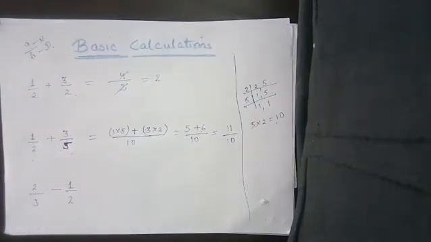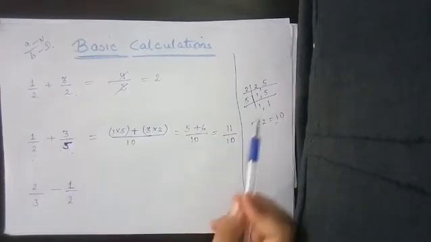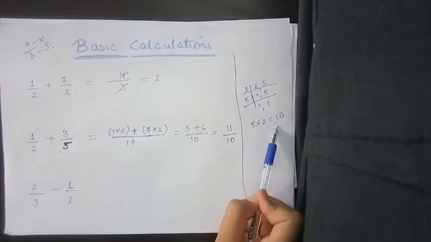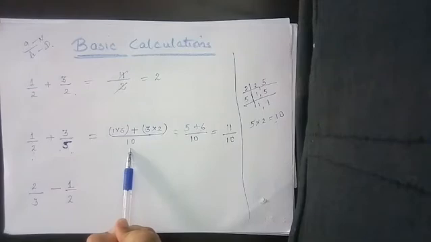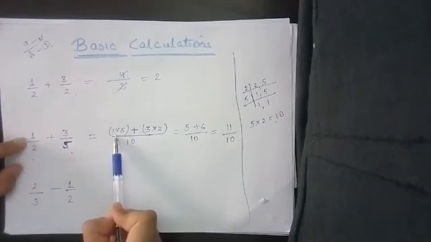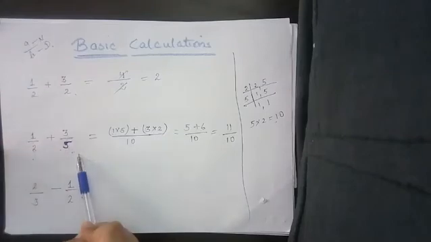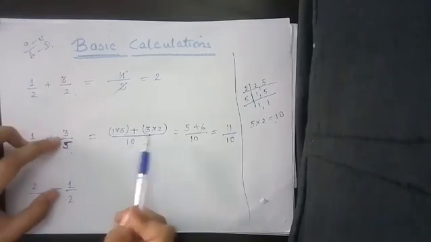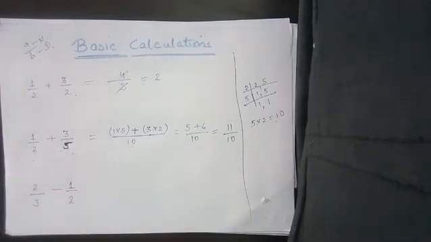What you did, I'll just revise it for you. When you find different denominators, you'll take the LCM. What the answer of LCM comes, you will take that as denominator. Now you will check 2 into what gives you 10. 2 into 5 gives you 10. So 2 के ऊपर जो है उसको 5 से multiply करेंगे. 5 into what gives you 10? 5 into 2 gives you 10. 5 के ऊपर 3 है तो 3 को 2 से multiply करेंगे. Okay? Further you will solve it and simplify it. I hope you are getting it, right?